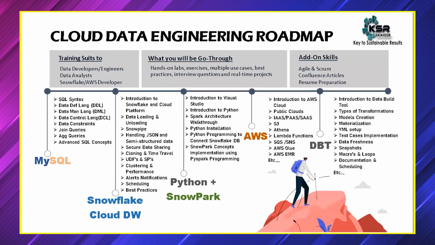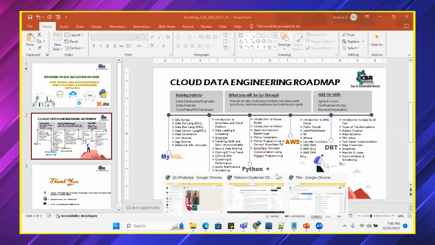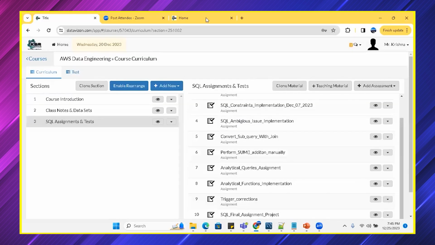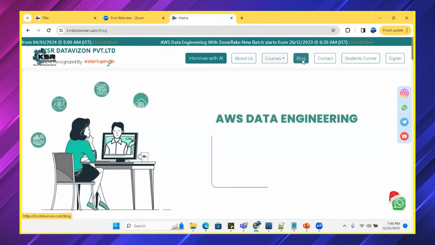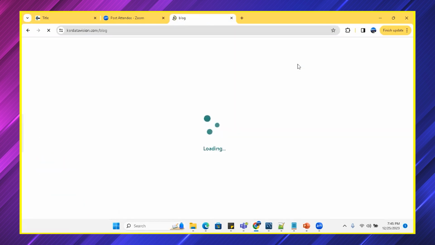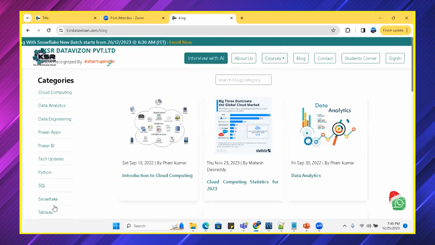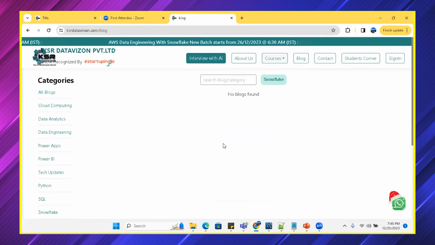Not only this. As a student, whatever we are going to teach you, every time once you are logged in with us, we will provide website access, and this website has blogs also. In these blogs we will have all the technologies explained. Now you go to Snowflake. Right now you're not seeing this, you will see it once you log in. I'm still on the homepage. After login, you'll see all the topics we are going to teach in blog form, and every blog will have a video also. Your walkthrough video will also be available, so that kind of information you're going to get.